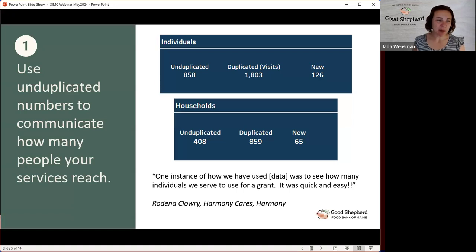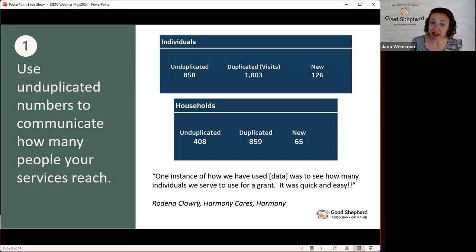So thinking about the basics of Service Insights data, we're logging visits, and those visits are including both individuals in a household and the household. So using unduplicated numbers to communicate how many people your services reach can be a powerful way to use those counts to communicate. So for example, Radina at Harmony Cares, I have a little quote from her here, and she